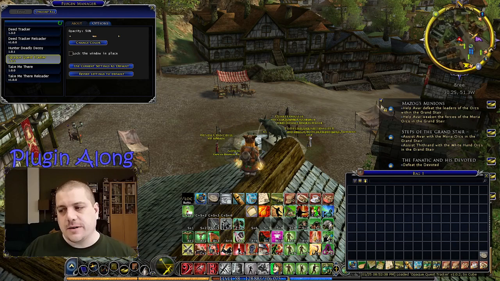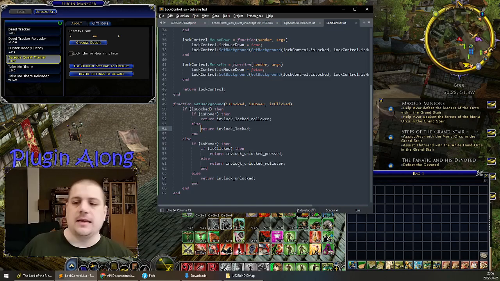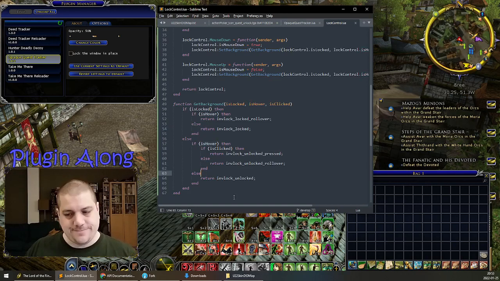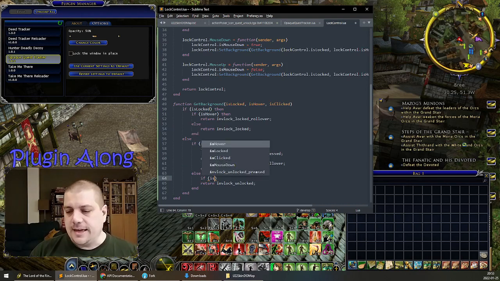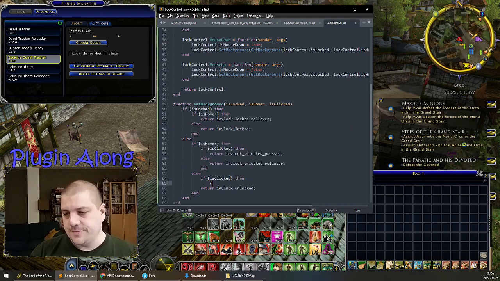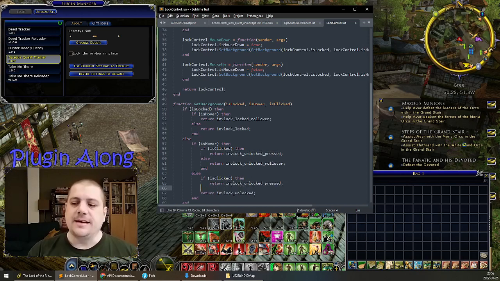Oh, interesting. But if mouse leaves, we're not quite there yet. So if is unlocked, okay. If hover, yep. We need in here, if is clicked, then return unlocked pressed, else